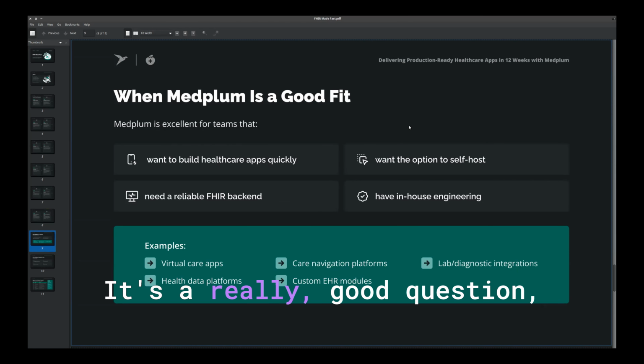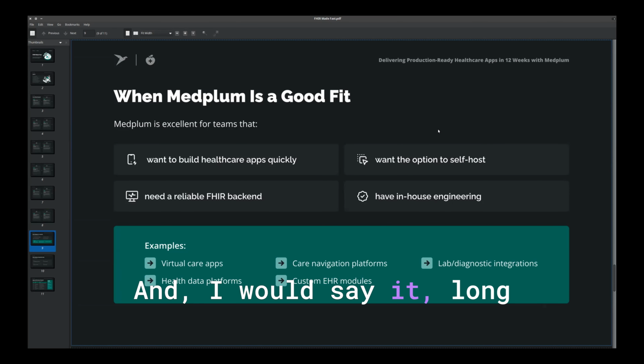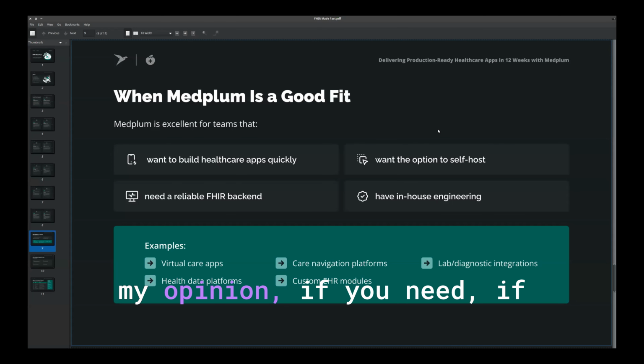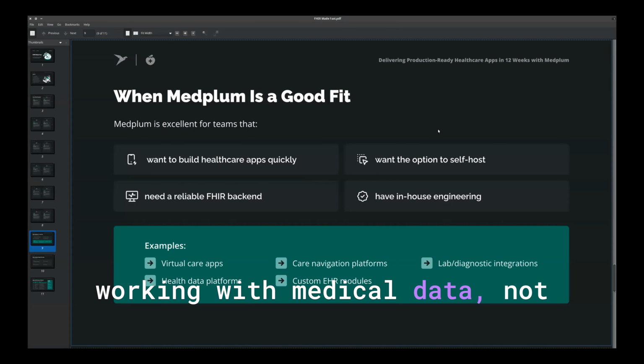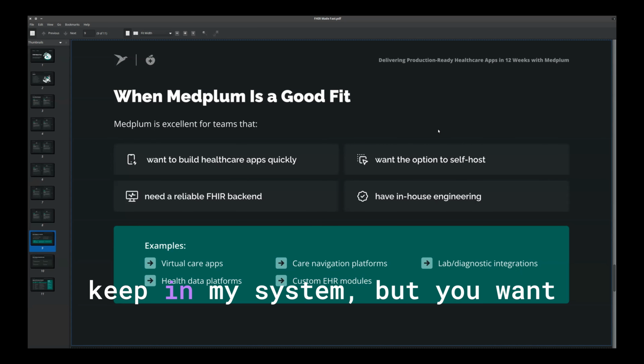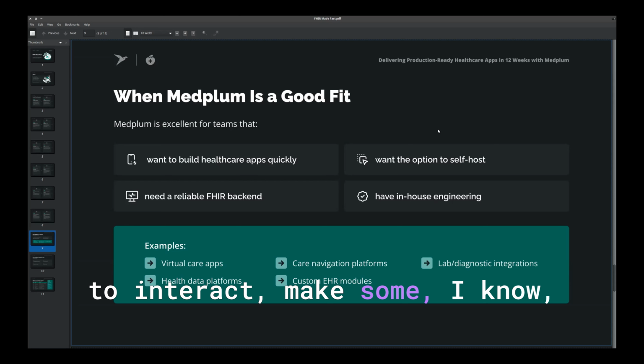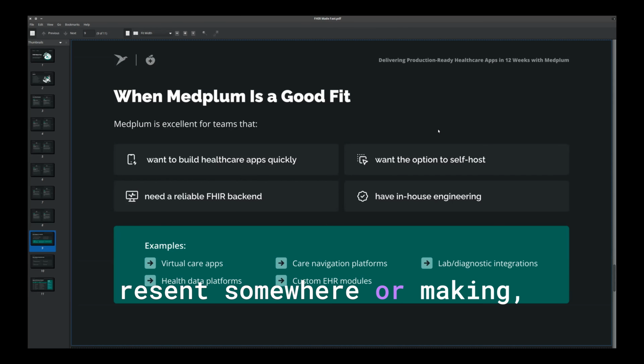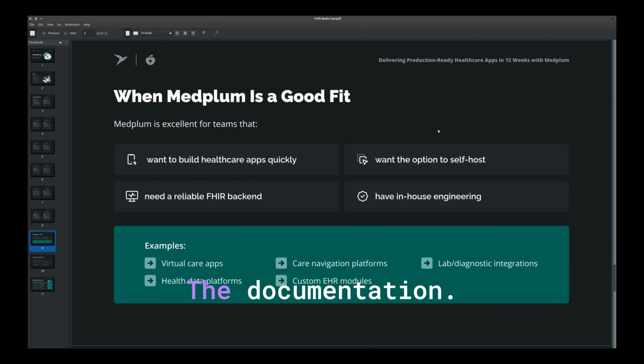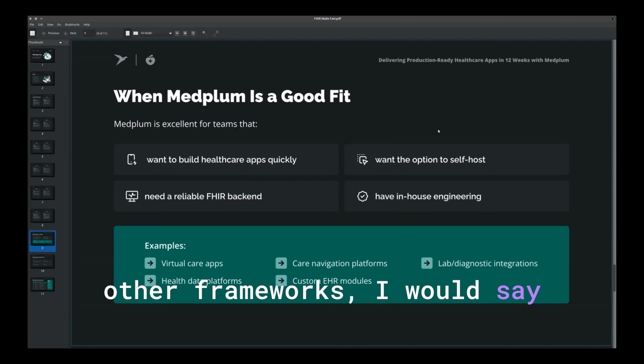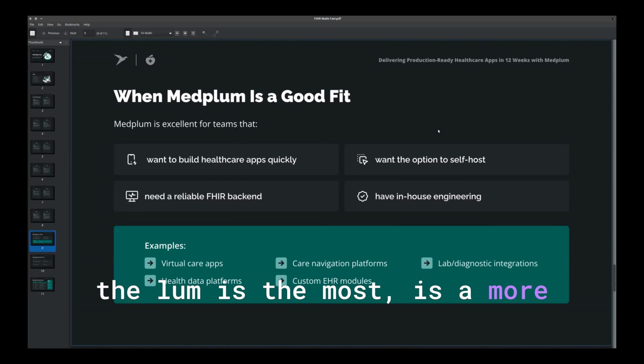Yeah, it's a really good question. When do you need to use Medplum and when don't you need to use it? I would say, long story short, in my opinion, if you understand that you will be working with medical data, not just getting it somewhere and keeping it in your system, but you want to interact, resend it somewhere, or create your own medical documentation, I would say that Medplum is a good choice. Even if you check any other frameworks, I would say Medplum is a better way